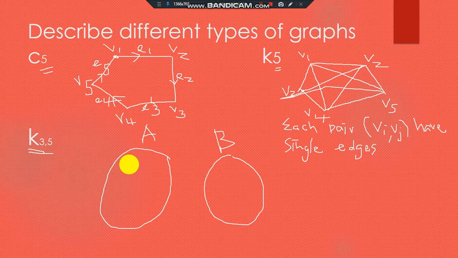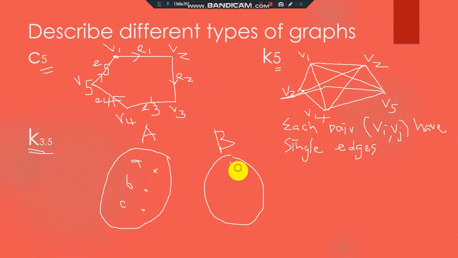So I am taking 3 vertices here, A, B, C. 3 vertices I have taken, A, B, C. Here 5 comes, so we should have 5 vertices here,